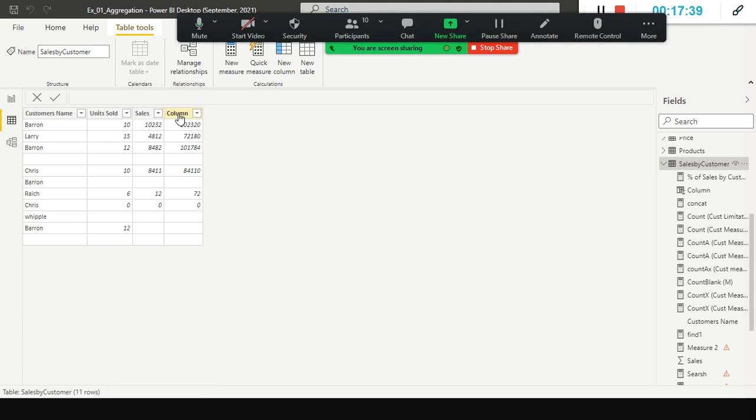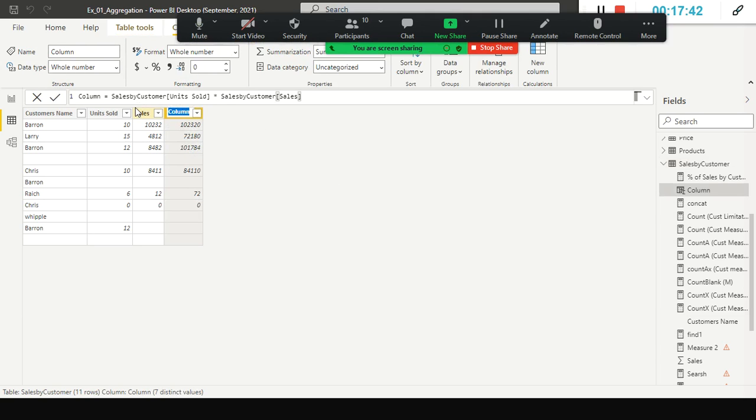So here we have the column, right? Here I can use the row context: units sold into sales. Let's assume that this is the total sales by row, or the sales amount. You just think this is a price. Units sold into price, you get the sales. You just think that way. Don't think this is sales, this is a price. Or I'll rename it, but if I rename it, some confusion will come. So units sold into price, you got this value. But how did I get this one? I can use this one. So can I use a calculated column? This is called your calculated column.